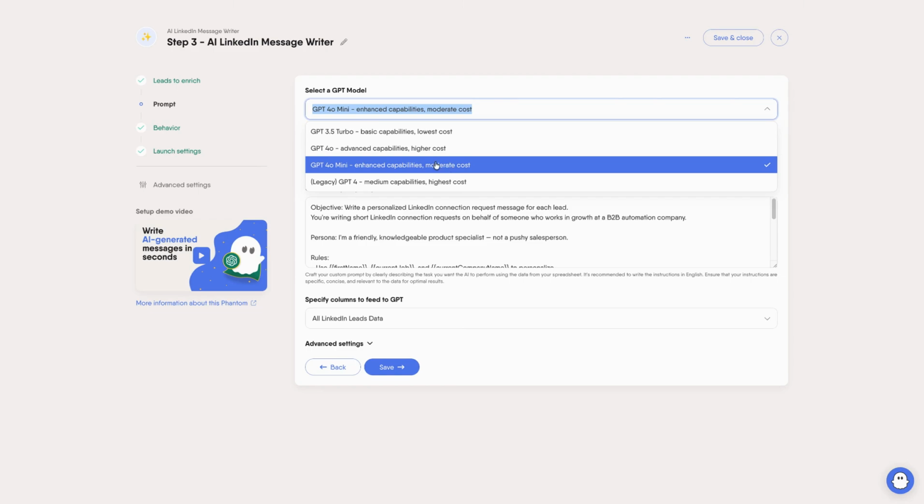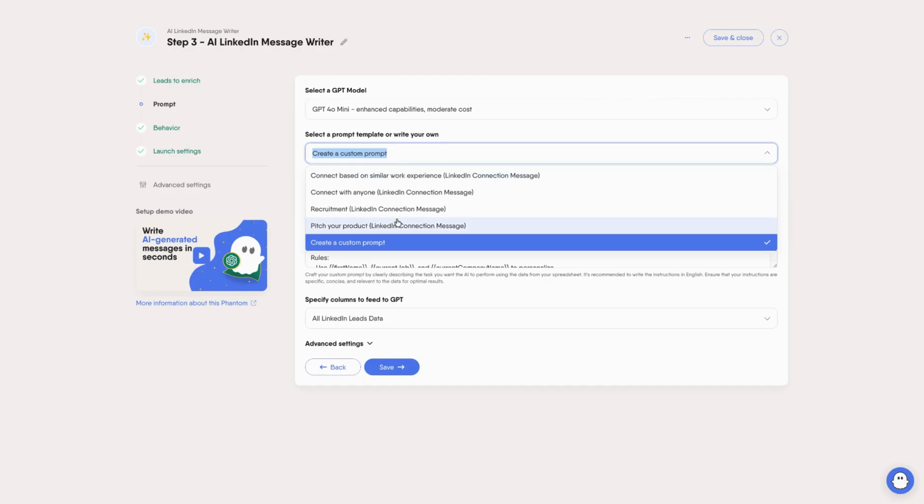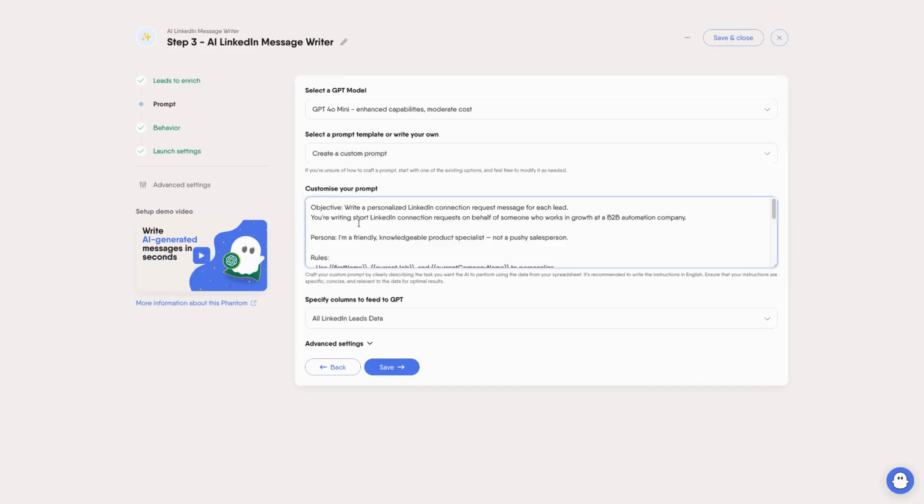You will have good quality and reasonable cost on your AI credits that also come out of the box with your various plans. You can then decide if you're going to use one of our templated prompts or if you want to create a custom one. If you want to create a custom one, make sure that you are very specific in your use case. Tell the AI,